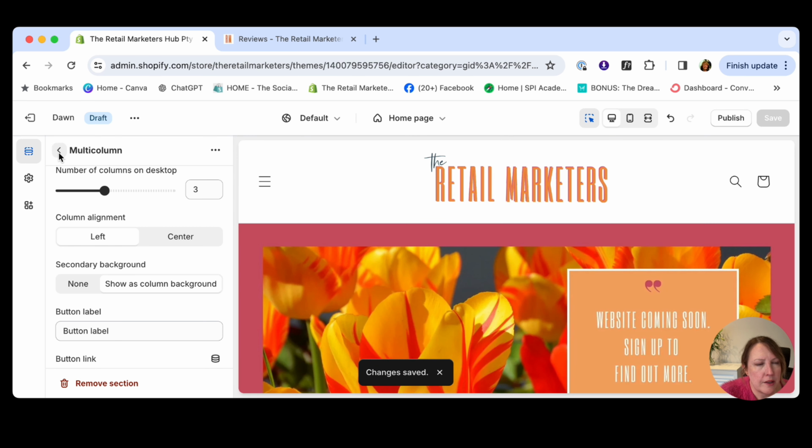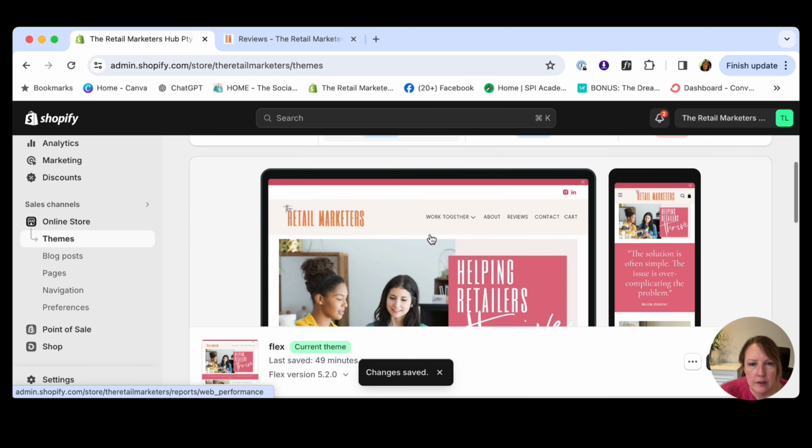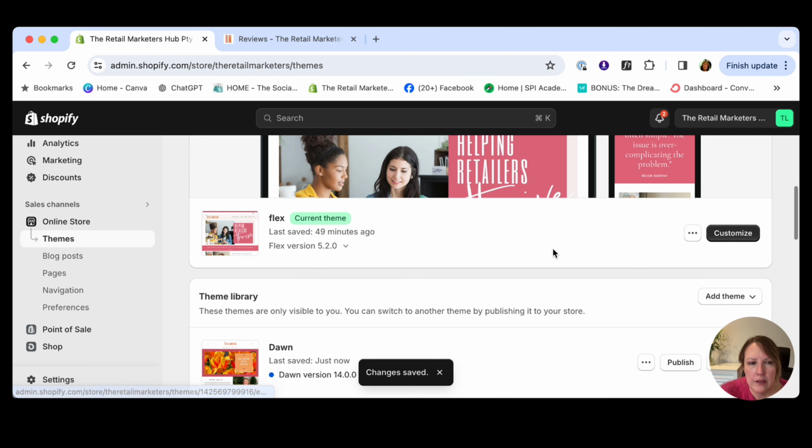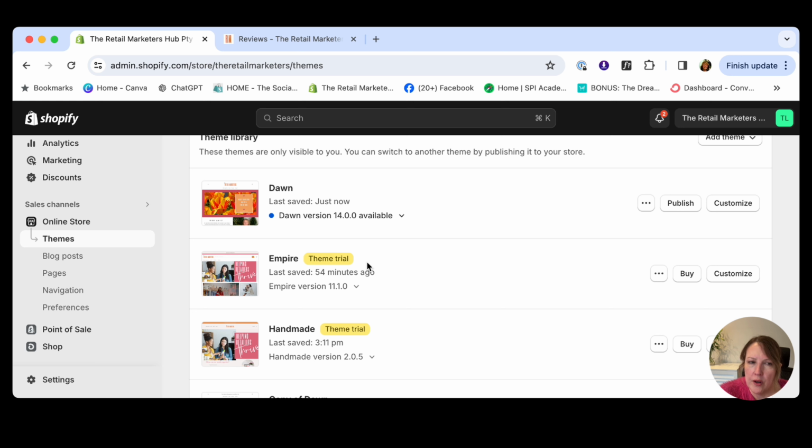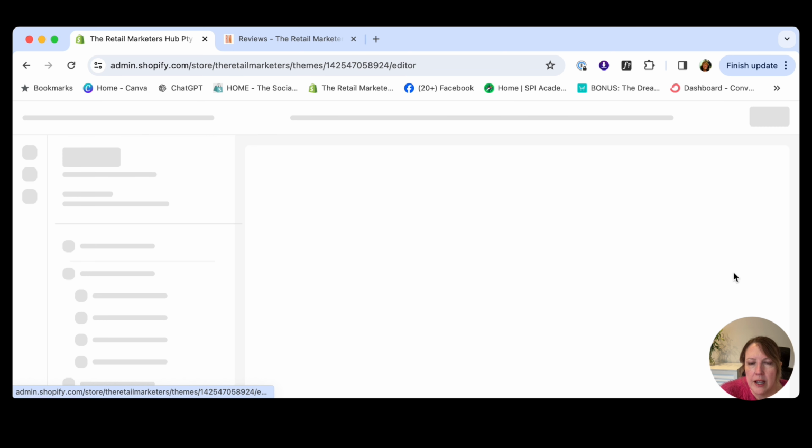So let's just go on to one of the two other themes that I had a look at. We'll go in here and have a look. As I said, this theme is on theme trial, which means I could download it and play with it, to see if it worked for me. I haven't had to pay for it, and I won't have to pay for it unless I make it live on my website, which I've chosen not to do. So I can either delete it off here or leave it if I'm still toying with the idea of using it down the track. So if I go to customize,